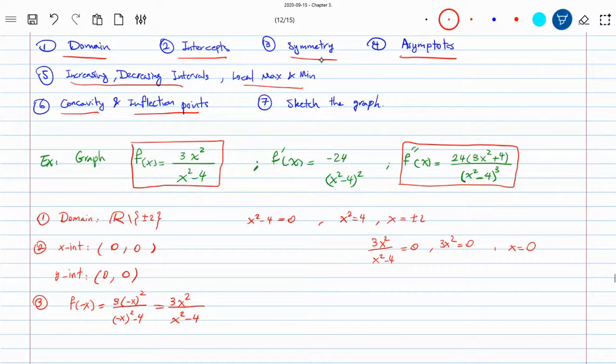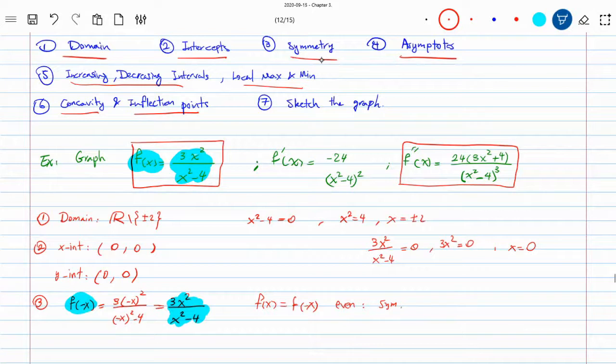Now compare the function that you found, f of negative x, which is 3x squared divided by x squared minus 4. This is f of negative x. Compare this with the original function. What do you see? You see that the two functions are equal. If f of x equals f of negative x, that means the function is an even function. This is an even function, which means you have symmetry